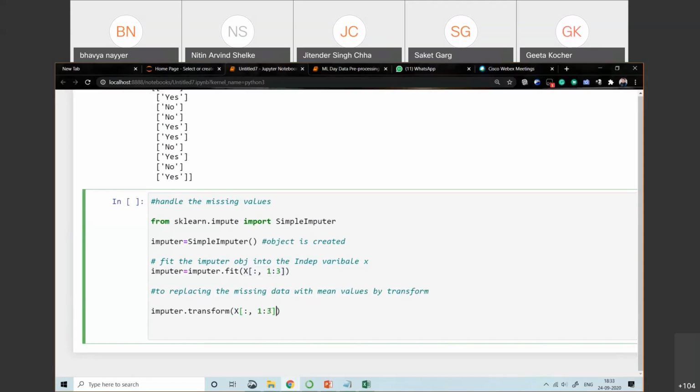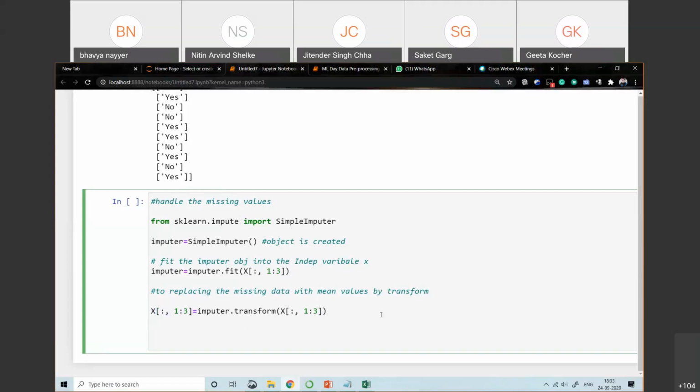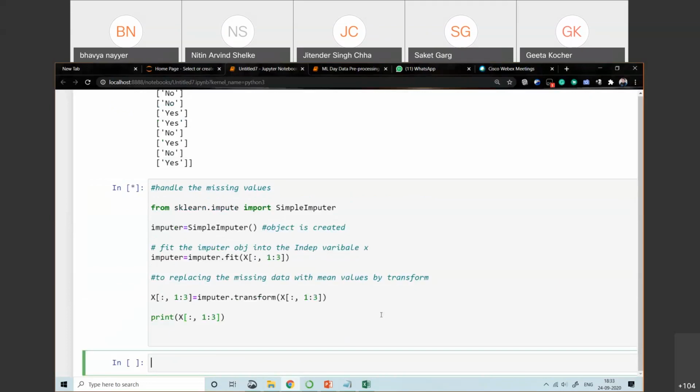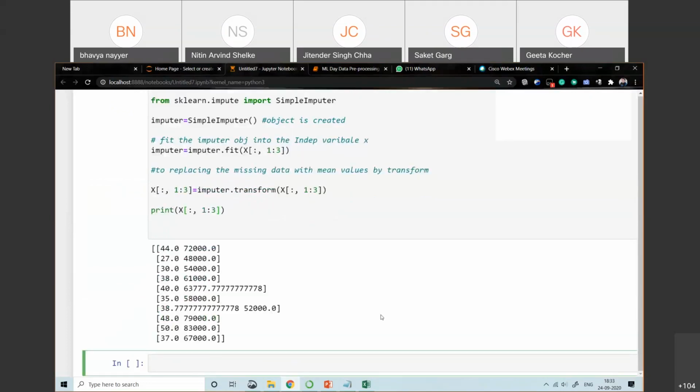This is what we want, and we'll just store this into x, same columns. Whatever I have transformed, I just stored into this. And let's print this value. So this is the code to handle the missing value. Now shift enter. It takes some time. Now successfully executed.